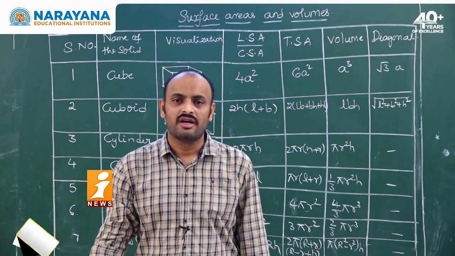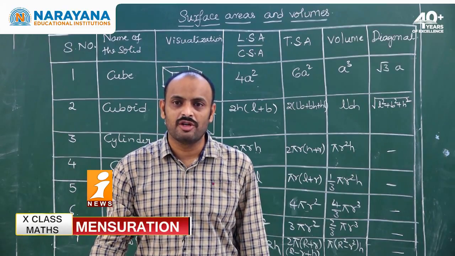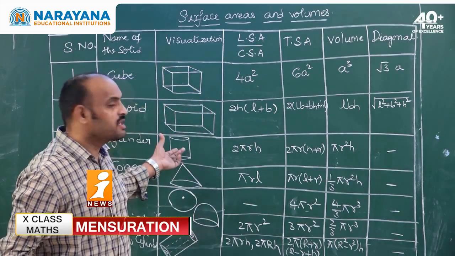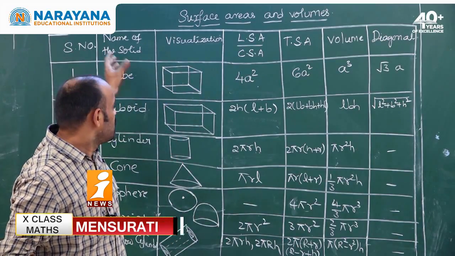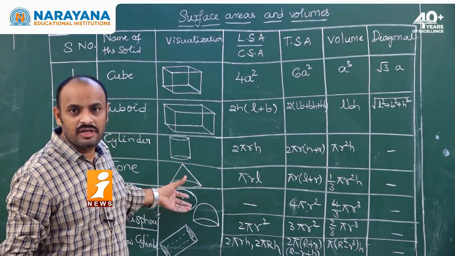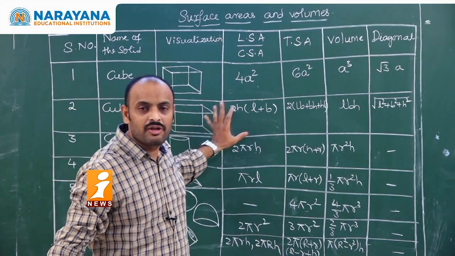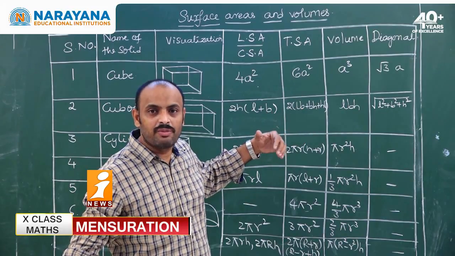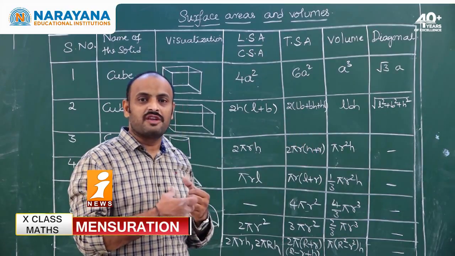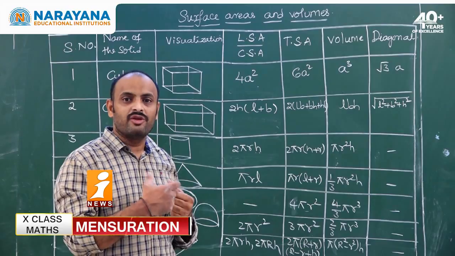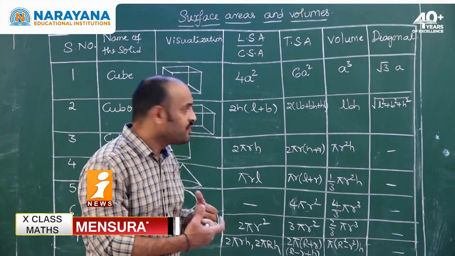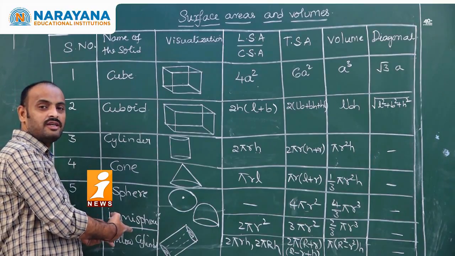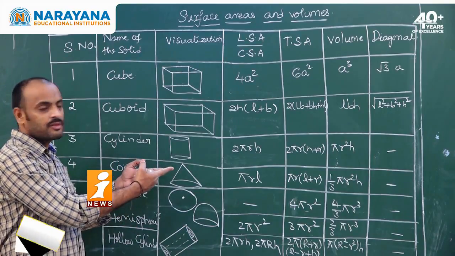We are going to see how to use these surface areas and volumes of each solid. Before that, we have put all the solids in tabular form. Let's have a look, then we will go to the other topic: how to use them and implement them in questions, which surface area has to be used, where we have to use volume and all. First, see all the solids we discussed yesterday, which I have put in tabular form.